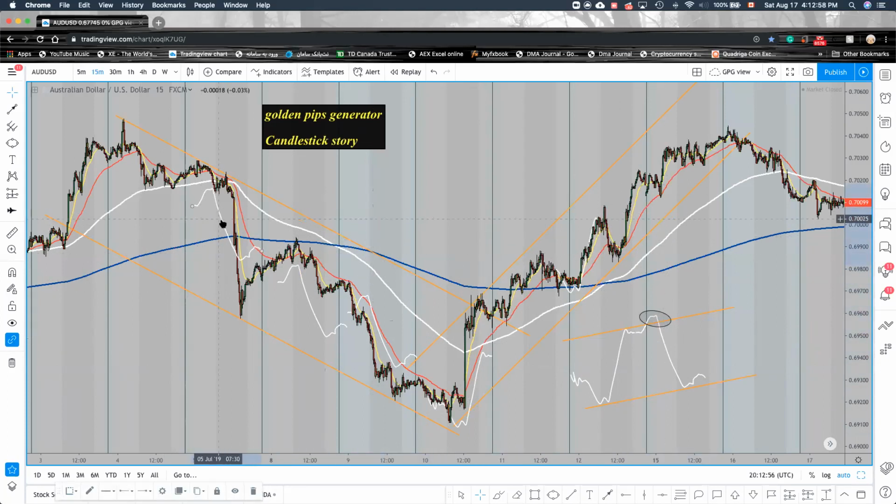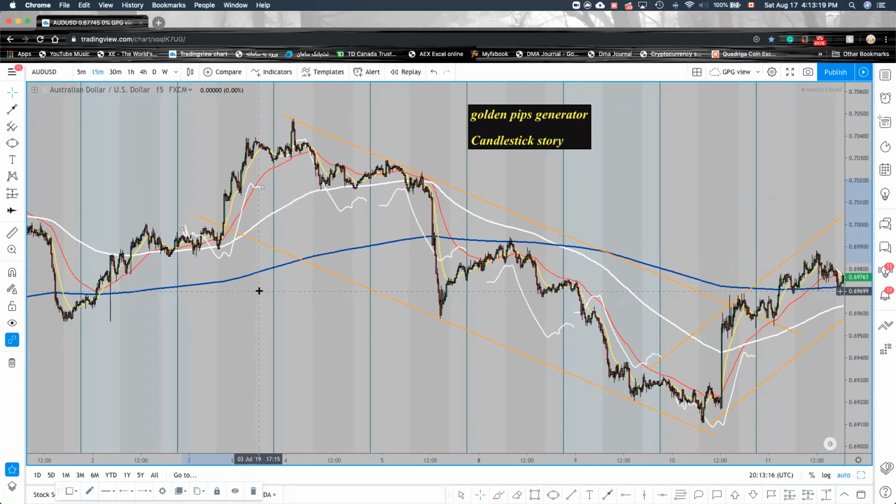And one more here, and one more here. So by understanding one and only one pattern, you can literally draw the financial market. Okay, so now I'm going to add